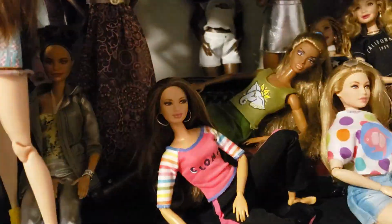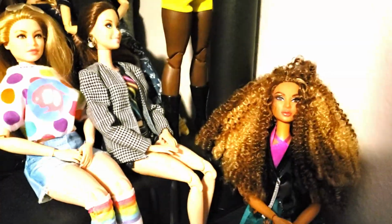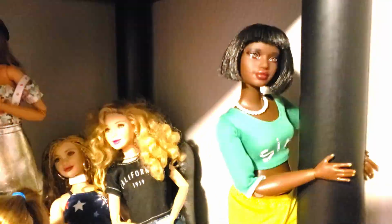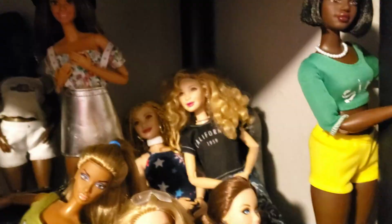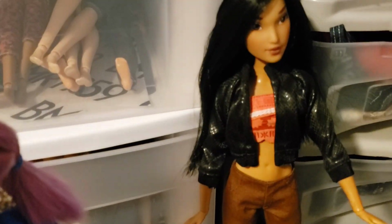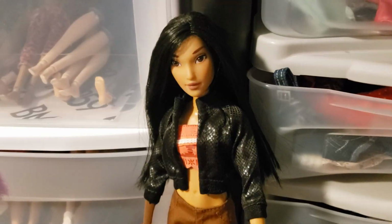And then as far as this episode, what we're doing today is we're going to try on some clothes. And specifically, I want to try the clothes onto the only petite Barbie that I have right now, who is on a Made to Move body. And I have just some spare outfits that I haven't really been able to do much with because they're odd sizes that don't really fit my